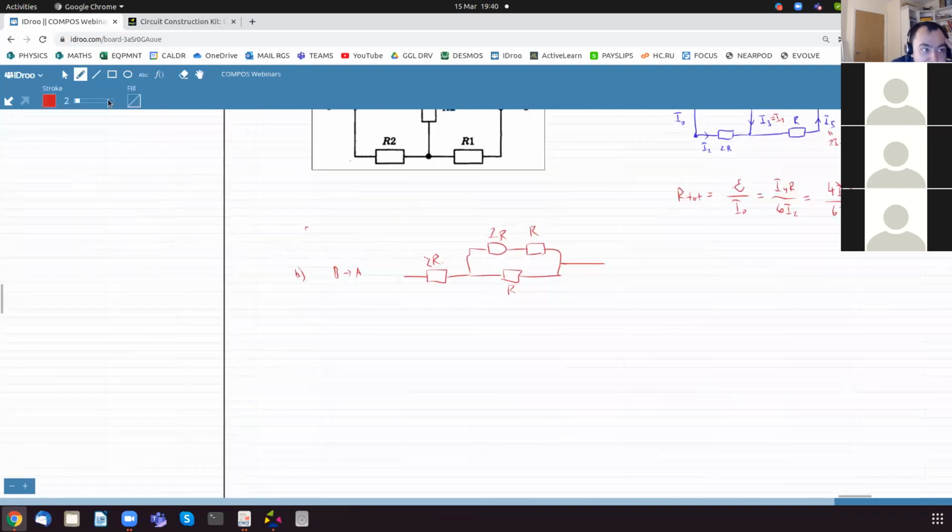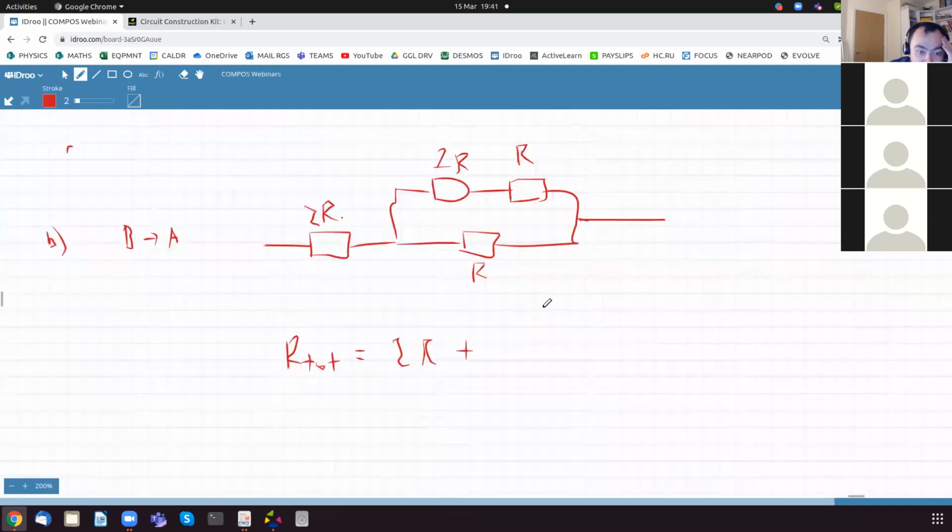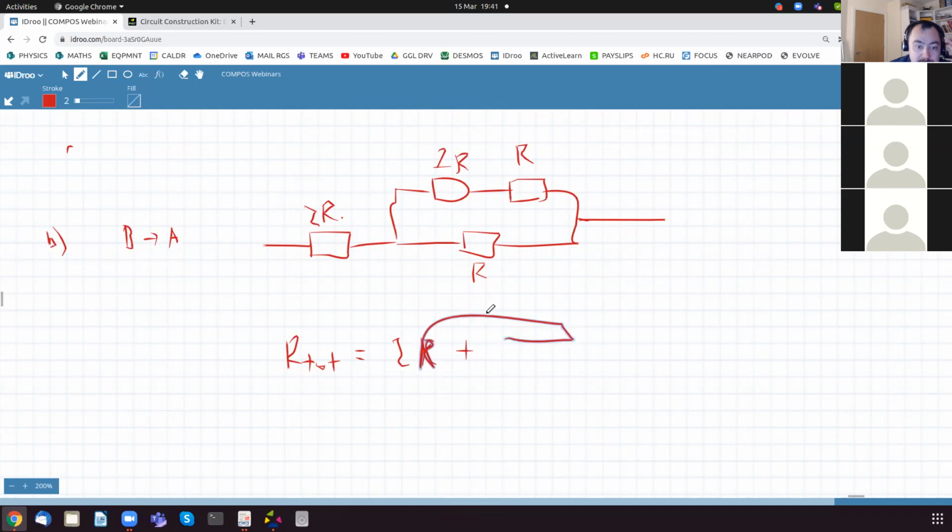So the total resistance, R total, is going to be 2R, so it's this resistor, plus the resistance of this combination. If you're not confident with this, do practice. This will really help you solve problems quickly. 2R plus, oh,